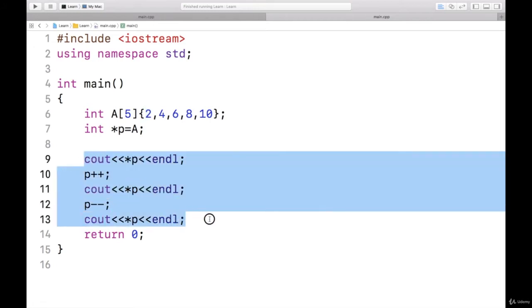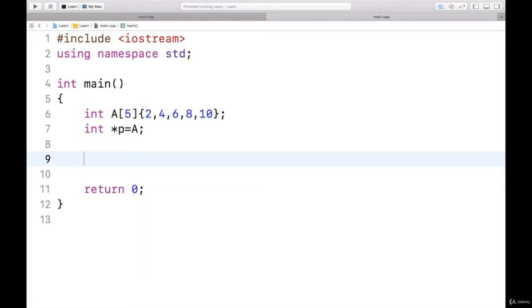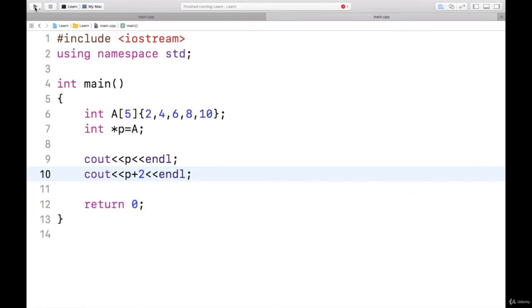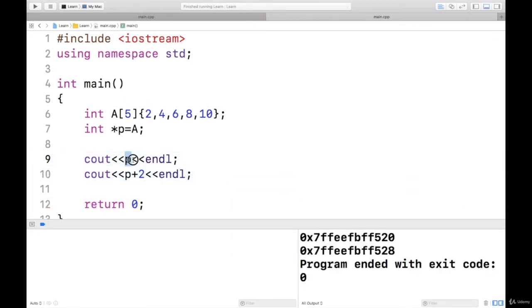Now let us see more pointer arithmetic here. I will say cout P and NL. I will say cout P plus 2 and NL. Let us see what I get. Yeah, when P is pointing to the first location and I print it, I am getting the beginning address of this A. And A is of type integer.